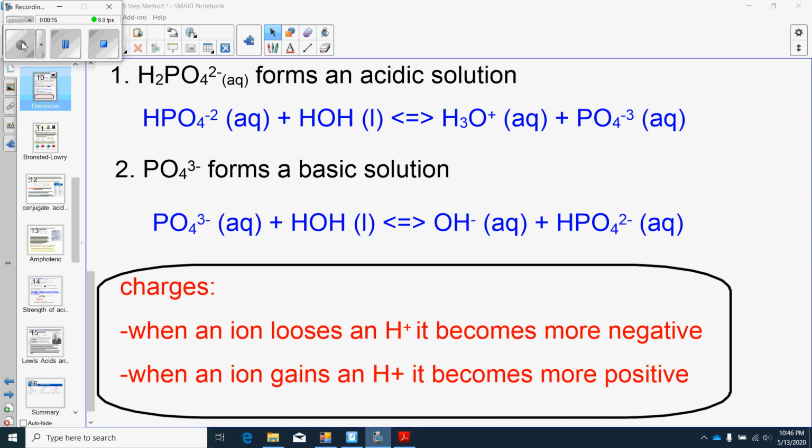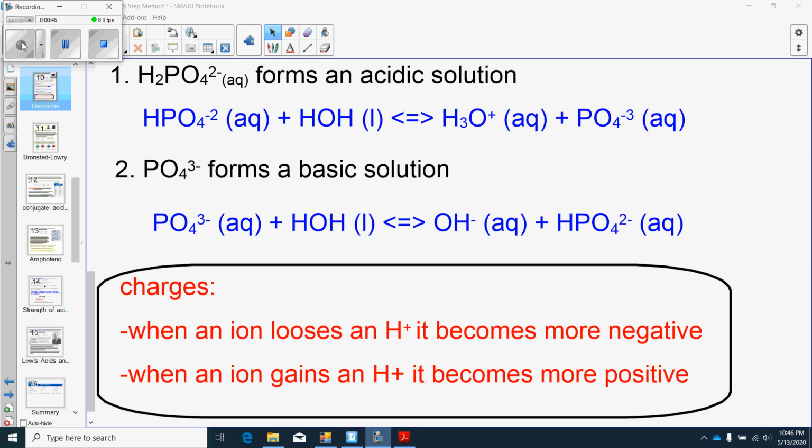But before we jump into that, I just wanted to recap our Arrhenius acid-base definitions. Arrhenius was all about the H+ ion and the OH- ion. His definitions indicated that if a compound has an H and can create hydrogen ions in an aqueous solution, they were classified as acids. And if a compound had an OH and could produce OH- ions in an aqueous solution, they were a